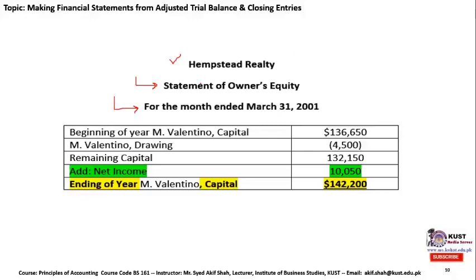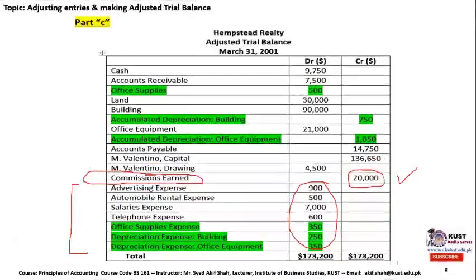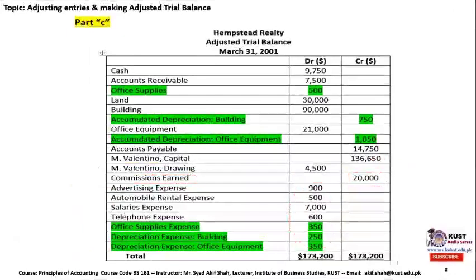Now, what is owner equity statement or the statement of owner equity? As the name highlights, we have to record the data related with the equity portion of the company. So for equity portion, once again, we have to go back to the adjusted trial balance. Here it is. Let me remove all the previous highlighting. And we have to find out the beginning capital of the owner with the title of M. Valentino Capital. And its value is